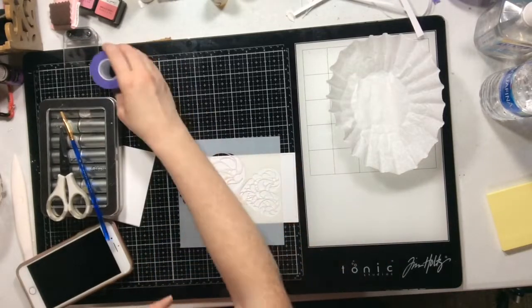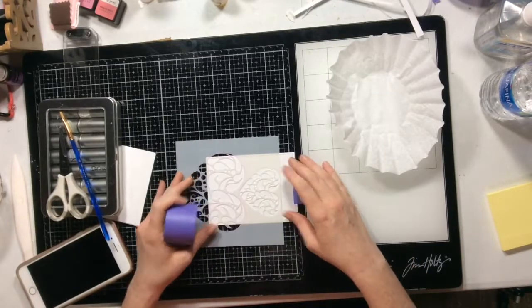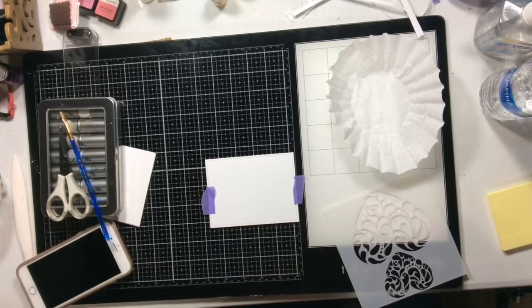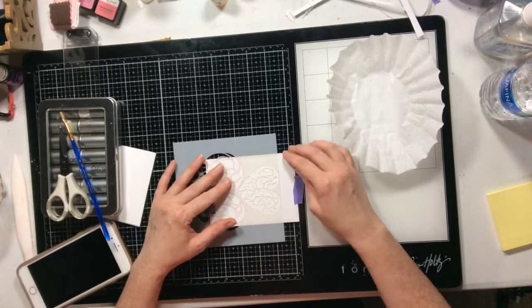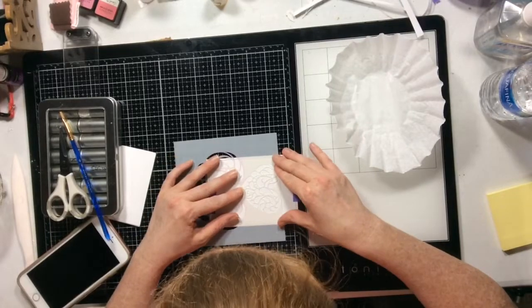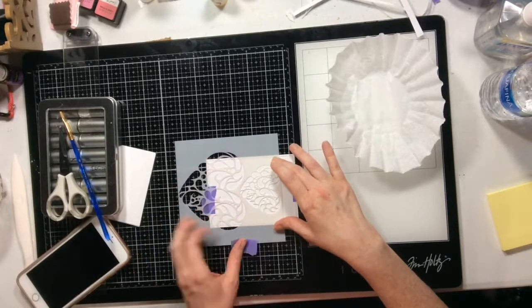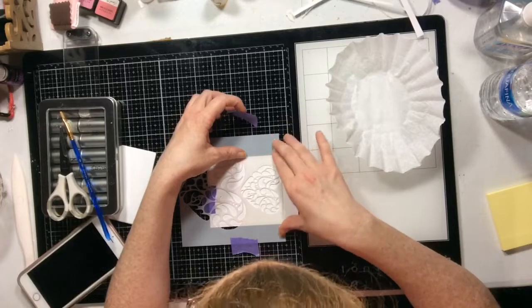I saw a version of this from Lydia, who is on the Altenew design team. I thought it was really cool, and a really nice technique to try to master, to use your stencils in a new and exciting way. So I'm using the Flowing Heart stencil from Altenew, and I'm going to use the embossing ink re-inker. We're going to emboss this heart, but we're going to do it in a unique, cool way. So I'm just taping down the stencil so it doesn't move, taping down my